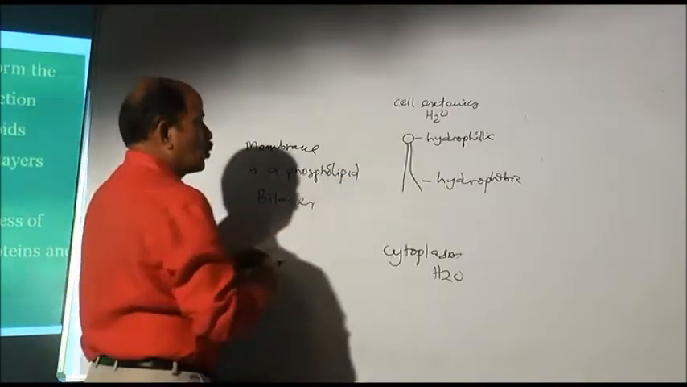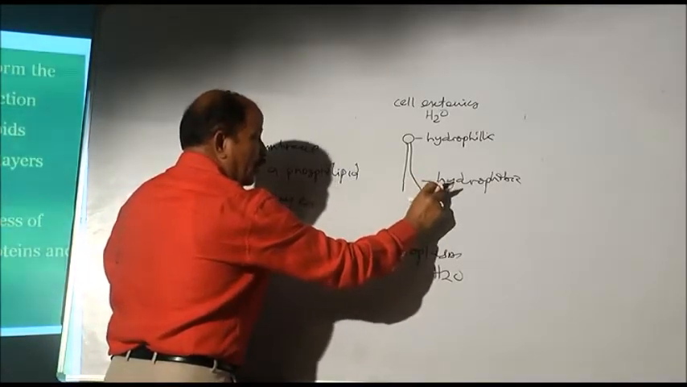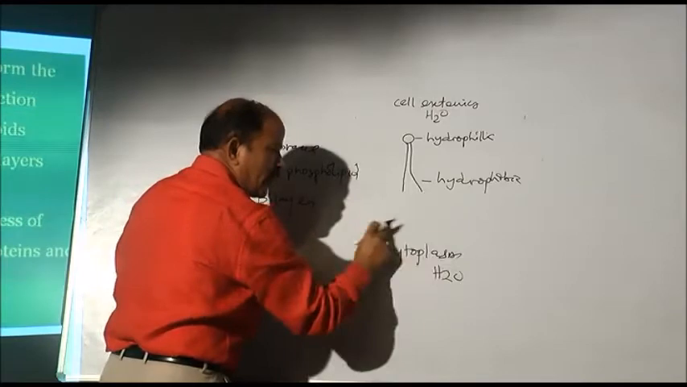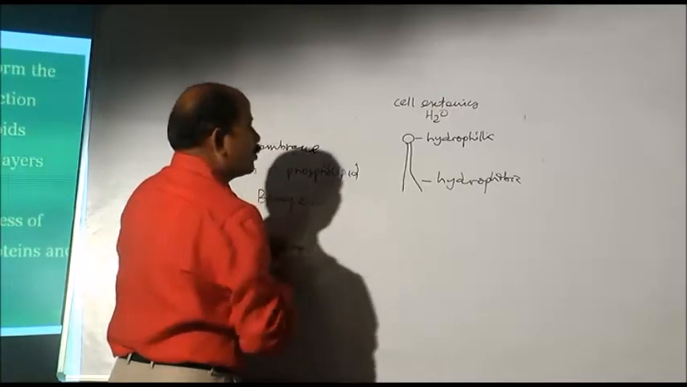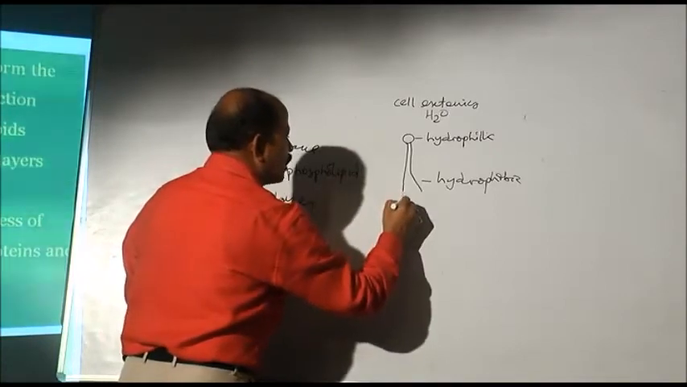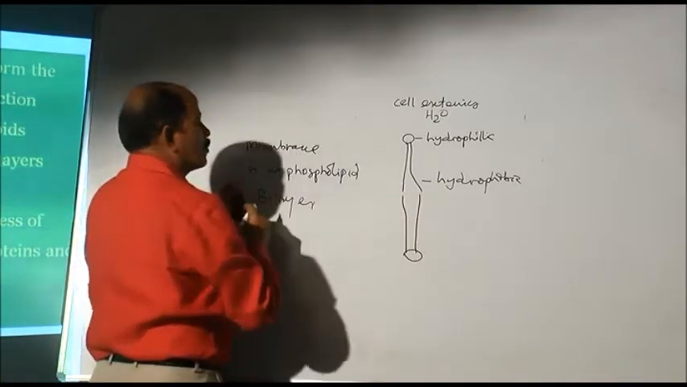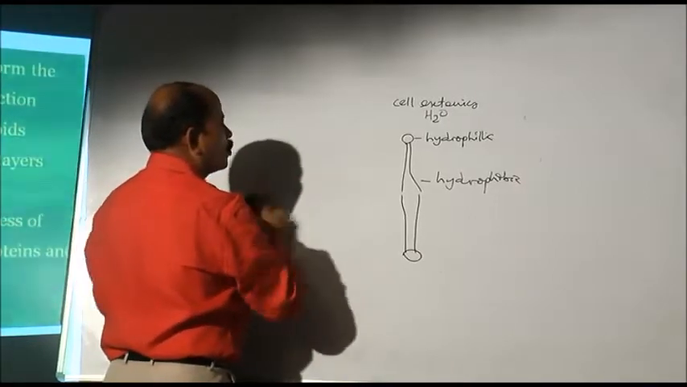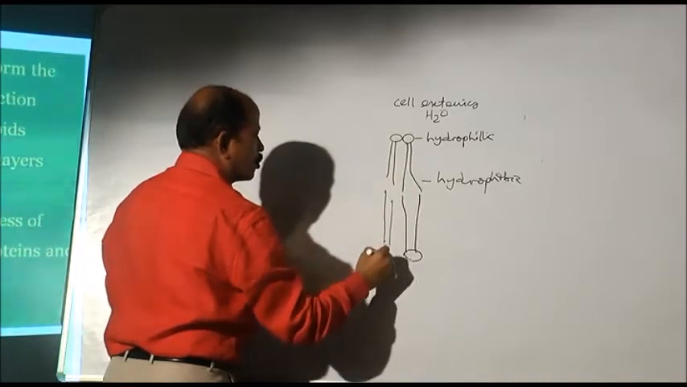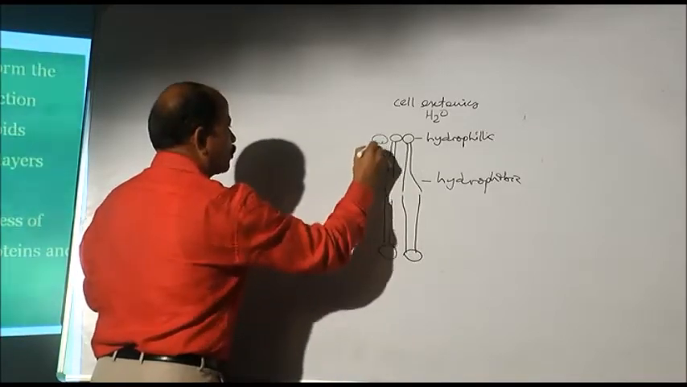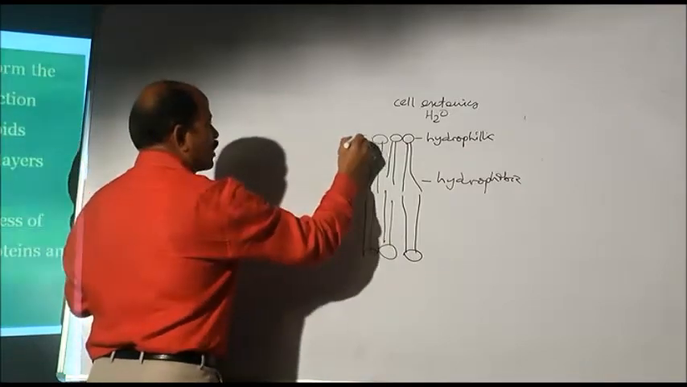That's why, to avoid the contact of hydrophobic water-hating tails with the cell interior which has water, the phospholipid molecules have organized themselves to form a phospholipid bilayer. So now they form a phospholipid bilayer like this. Shortly, they form a phospholipid bilayer. So this much is hydrophilic,